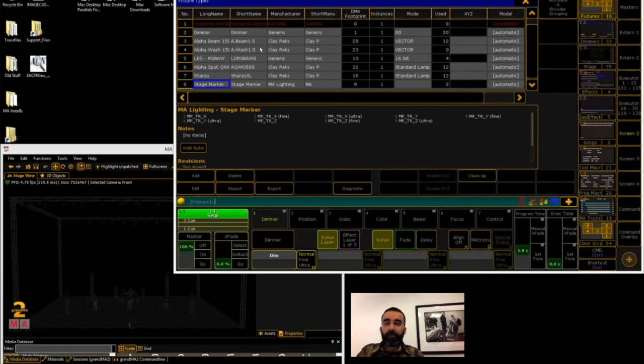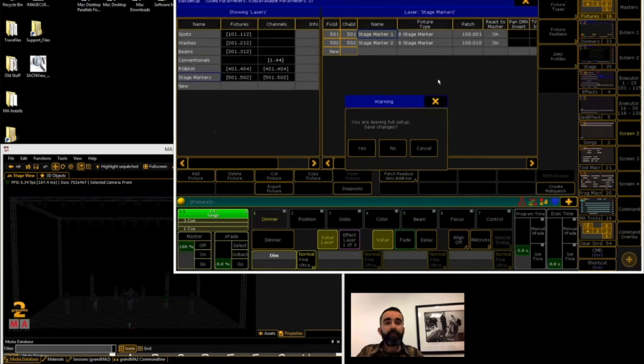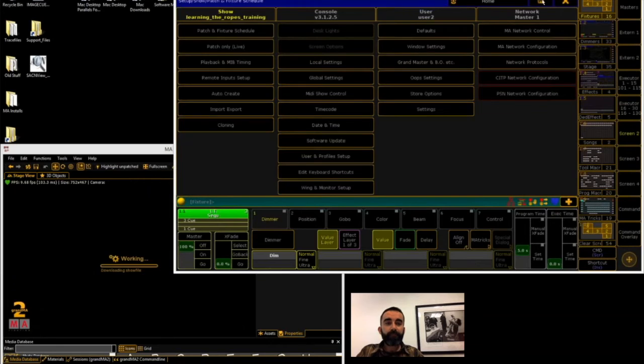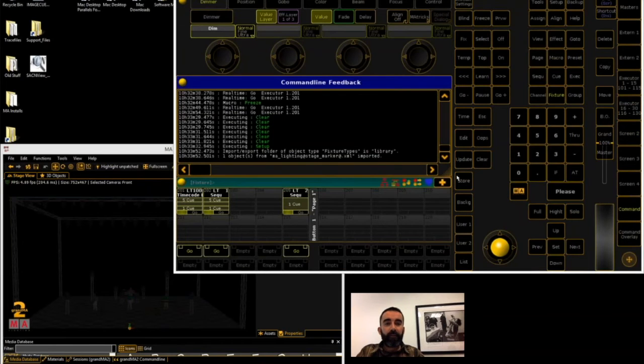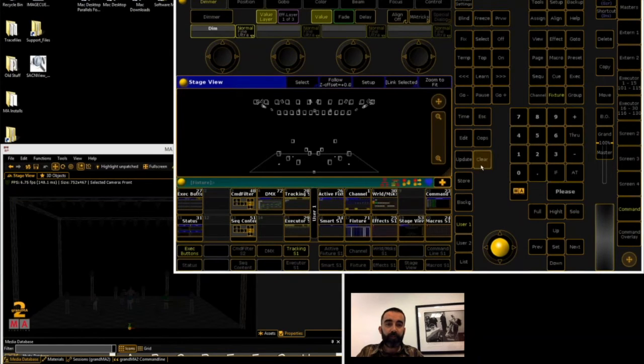And then for any fixtures that you want to have follow those stage markers, they need to have XYZ enabled. So we enable XYZ. So I'm only going to use them with my QWOs, so I'm only going to enable it for the QWOs. And now we save. Now what these little markers are, they're these little yellow things, or these little dots that show up in your 3D and your little stage view. So if you're looking at 3D there on the bottom left, you see a little dot, a little yellow marker,